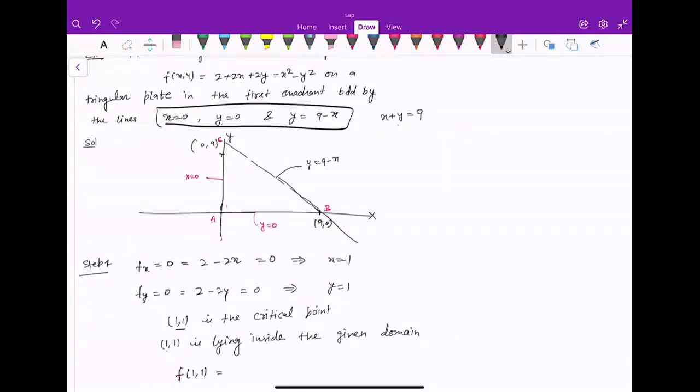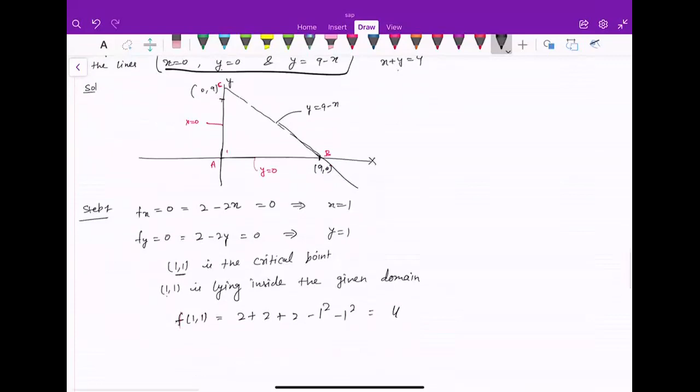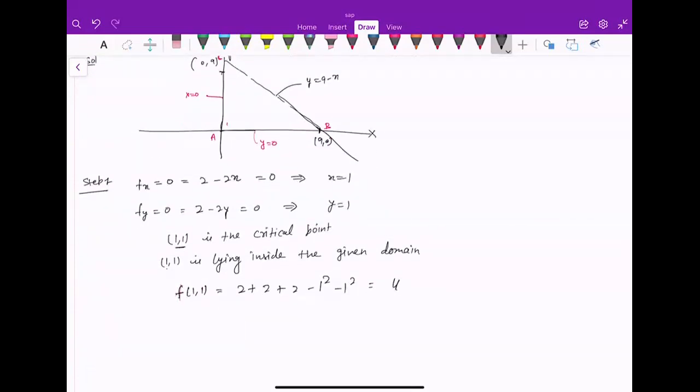बट अभी हम जब इसकी बात करते हैं तो (1,1) आपका क्रिटिकल पॉइंट है। तो क्रिटिकल पॉइंट होने की वजह से (1,1) पर फंक्शन की मैक्सिमम वैल्यू भी हो सकती है, मिनिमम भी हो सकती है। ओके, वी आर नॉट इंटरेस्टेड हियर कि ये मैक्सिमम है या मिनिमम है, वी आर जस्ट कंप्यूटिंग फंक्शन वैल्यू एट (1,1)। तो आपके पास 2 + 2 + 2 - 1² - 1² आ जाएगा। इट इज कमिंग आउट टू बी 4, है ना। फंक्शन वैल्यू 4 है, ये मैक्सिमम भी हो सकती है, मिनिमम भी हो सकती है। ओके, वी हैव जस्ट केप्ट इट हियर, वी विल चेक लेटर ऑन। आप चाहे तो सेकंड डेरिवेटिव टेस्ट निकाल सकते हैं।